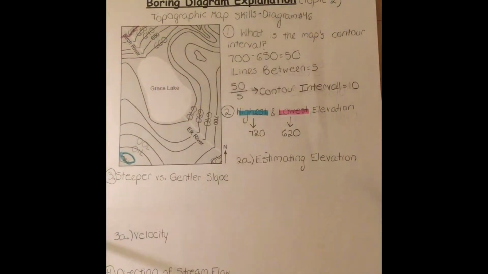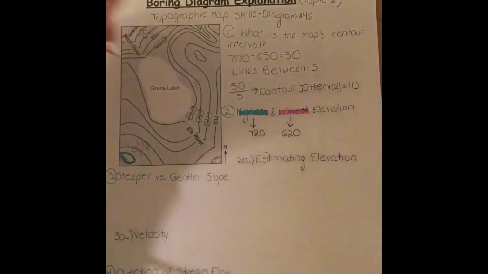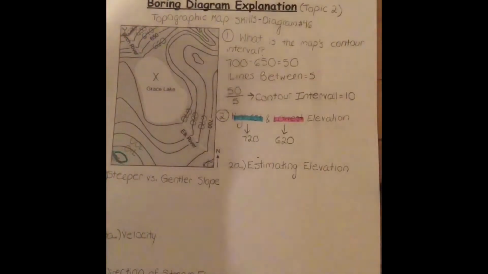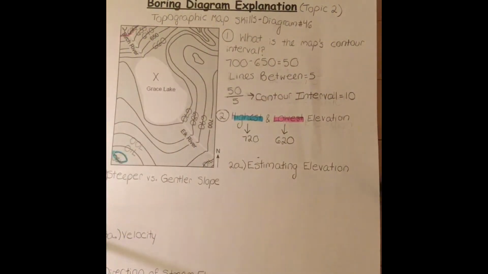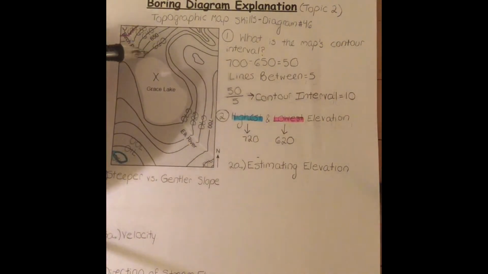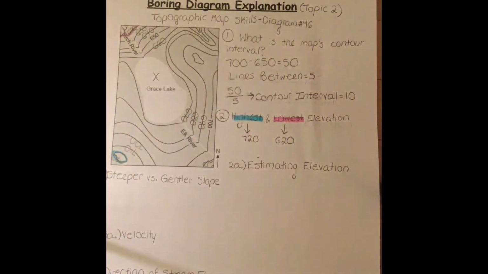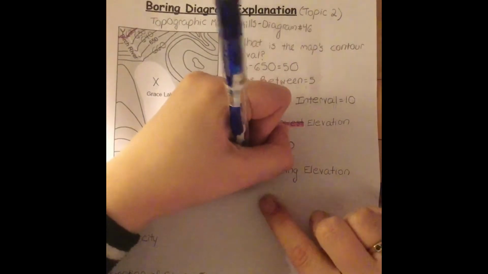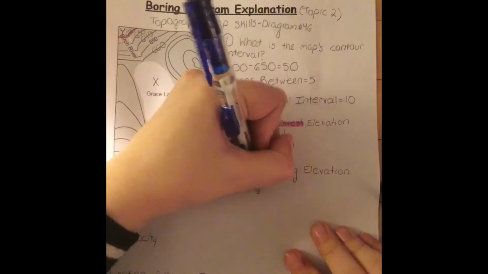So now that we found the highest and lowest elevation, we can estimate the elevation. I'm going to add 2 points here: in Grace Lake, point X, and up above the 620 contour line, point Y. So what do we know about X and Y? Well, because X is in between 660 and 670, we know that X is greater than